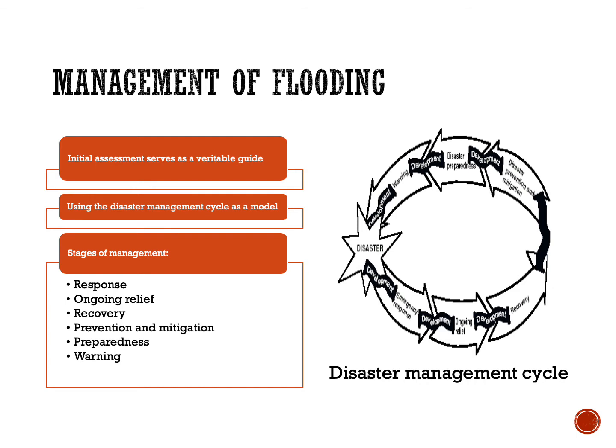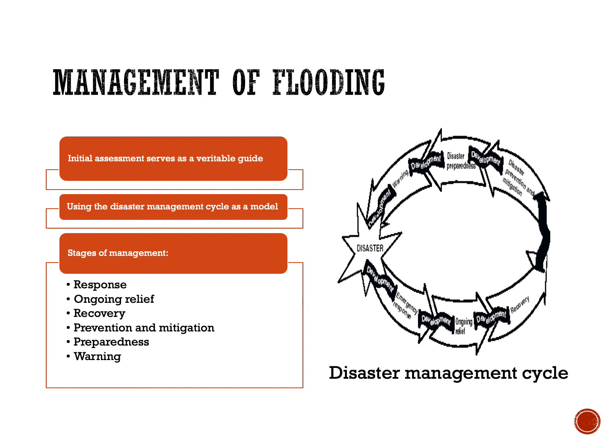To discuss the process of management, we're going to use the disaster management cycle. But what you might not see in this cycle is that there is usually an initial assessment. That initial assessment is very important and usually done to get baseline information that would help us know the scale and scope, and know if there are people in distress. But after that, you can now use this disaster management cycle to know how to respond,